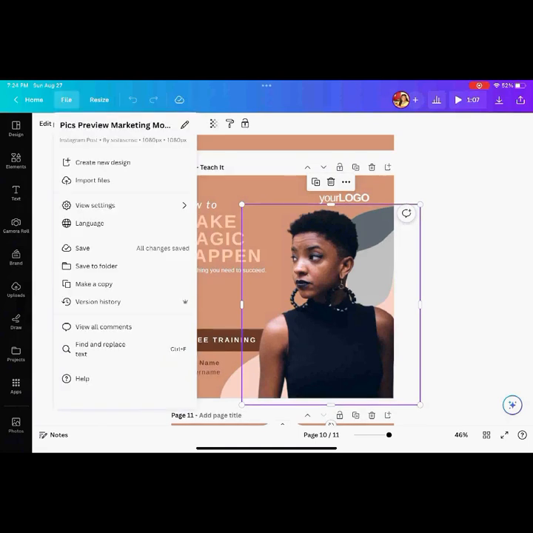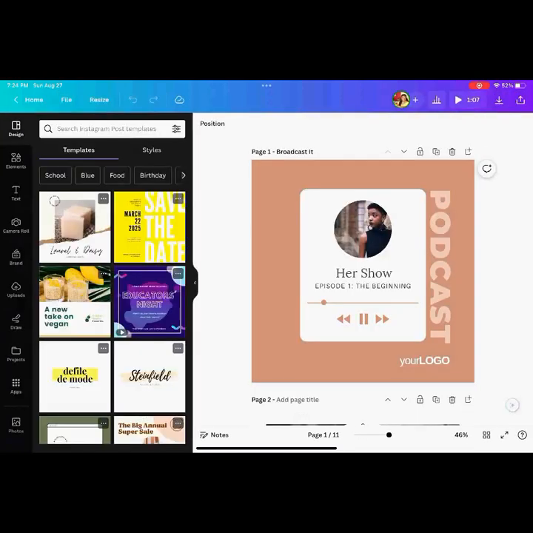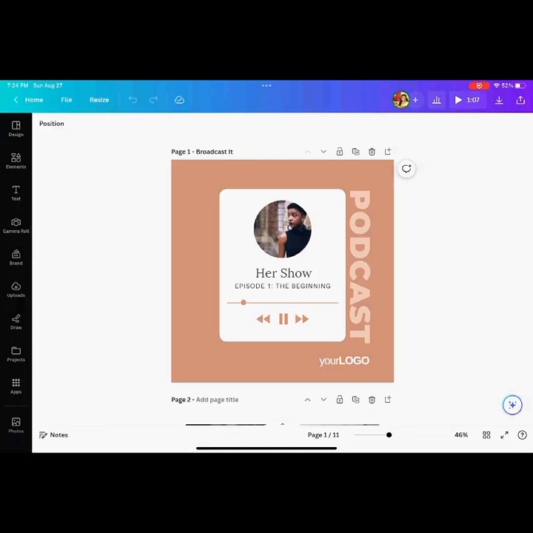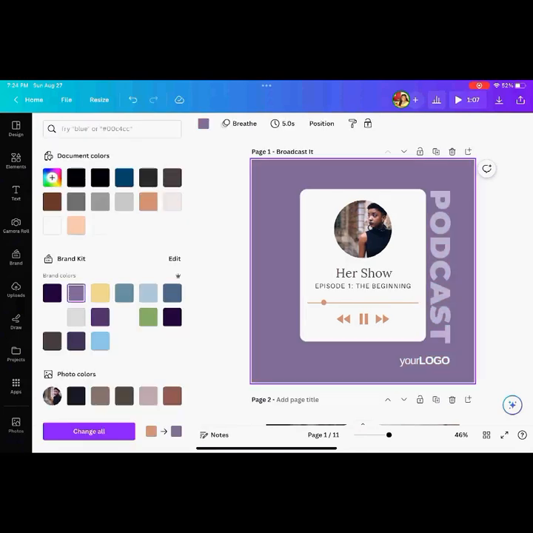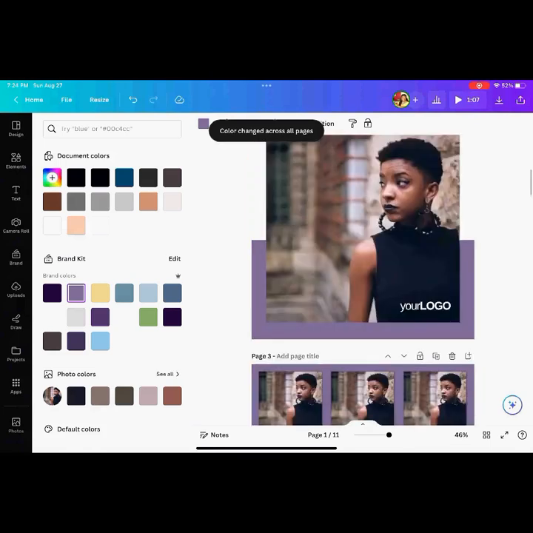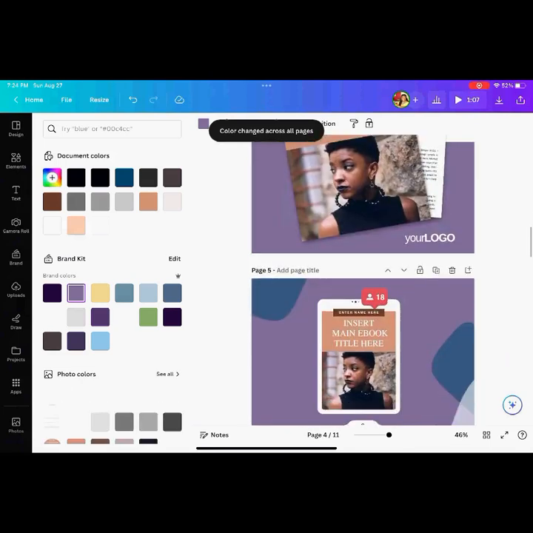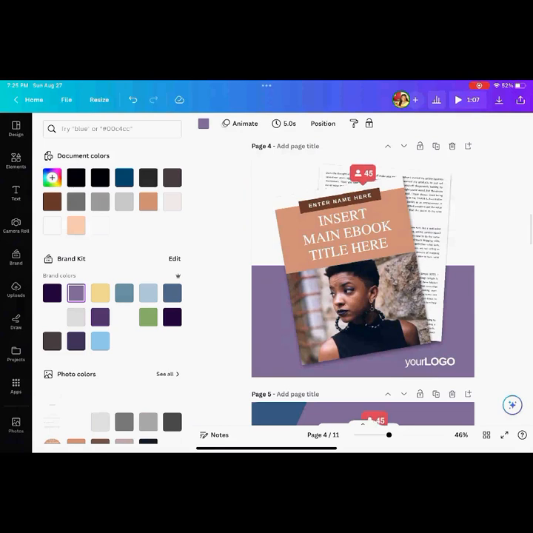Now, to show you how I would do that, I'm going to actually make a copy of this template so that my changes are reflected in my copy and I don't mess up your actual template, right? So number one, when it comes to all of these, I always say the first thing that you want to do is to change the color so that it reflects your brand. And you'll notice at the bottom of Canva where it says change all, when I hit change all, the tan browns are going to change over to the purple for branding. Anything that you see that has stayed the same is actually a graphic, right?